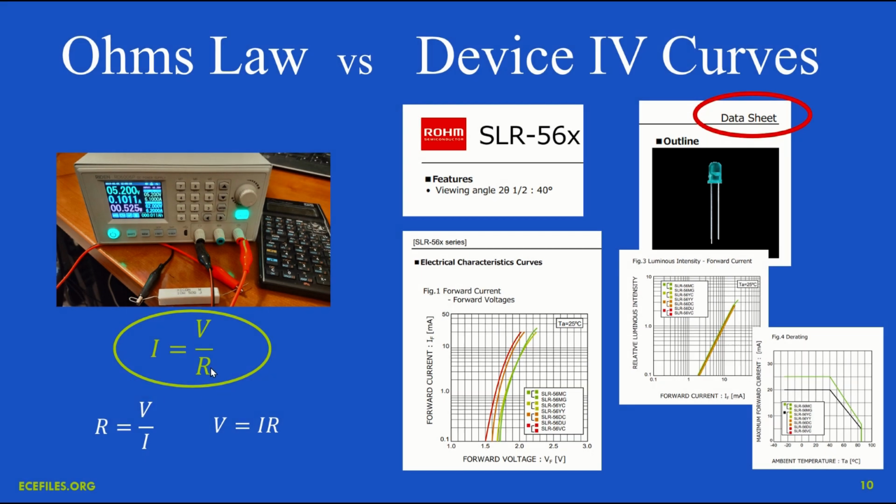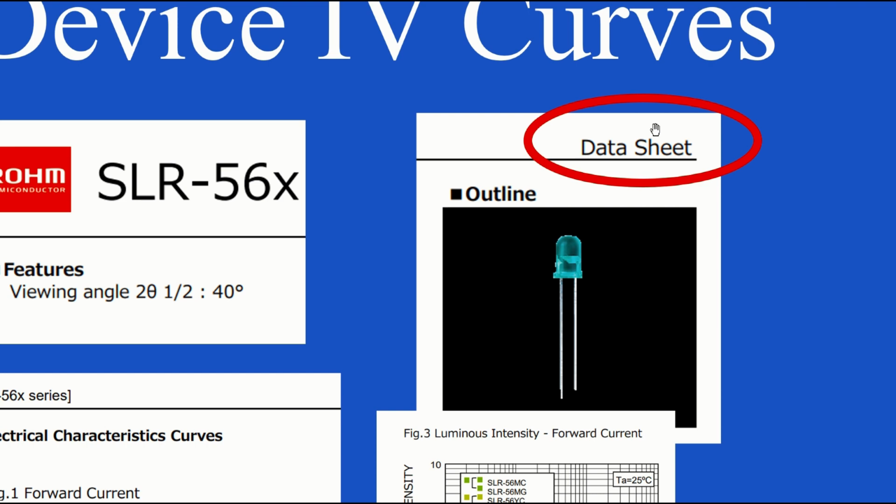Ohm's law is really just a classic simplified form of wanting to know the relationship between voltage and current, or current and voltage in a device. Some devices follow Ohm's law and they're called resistors, but others do not. Here's a classic example. This is a light-emitting diode. And I went on the web and found this in what's called a datasheet for a particular light-emitting diode,